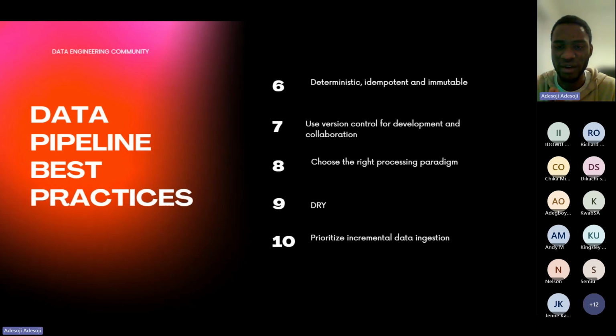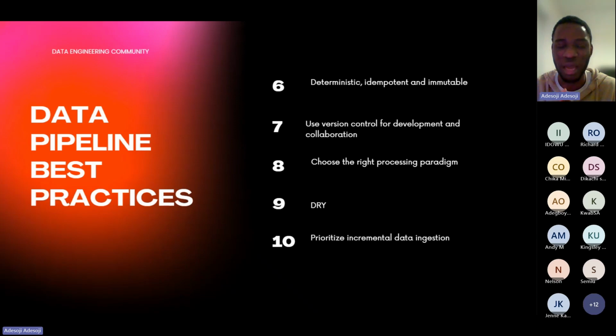Now, choose the right processing paradigm. This is about choosing whether you are going to be doing batch processing or stream processing. You don't want to do stream processing for a case study whereby you just need batch processing. You need to understand this processing paradigm. So you don't just do stream because you've been hearing something about stream, and you just want to do stream. No, you need to understand what the requirement is, what the workload is, to know the kind of processing paradigm